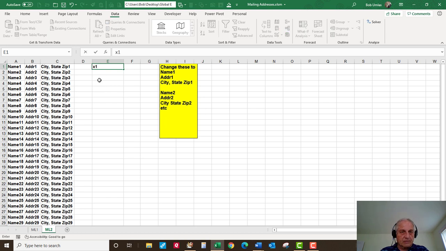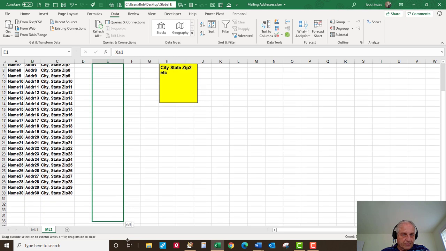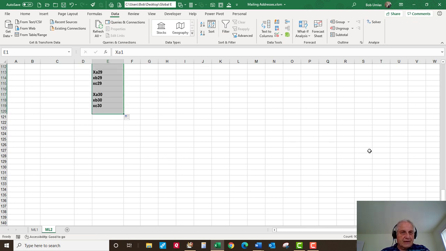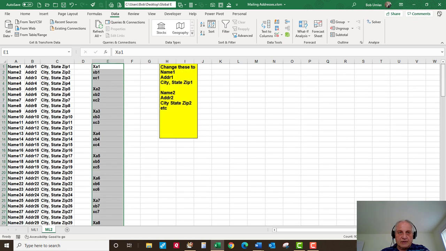I'm going to do XA1, and XB1, and XC1. And now when I include the extra blank at the bottom to separate, there are 30 names and there's 4 of these, so I need to go down to row 120 and fill down. I now have all the addresses or references that I want, but these are not formulas,